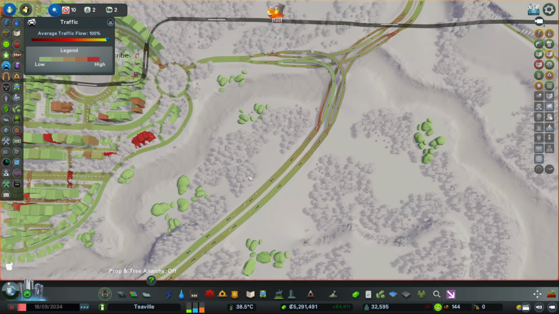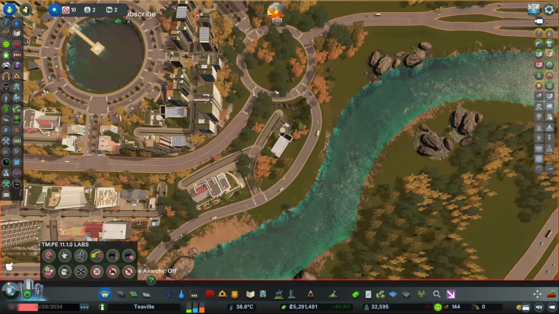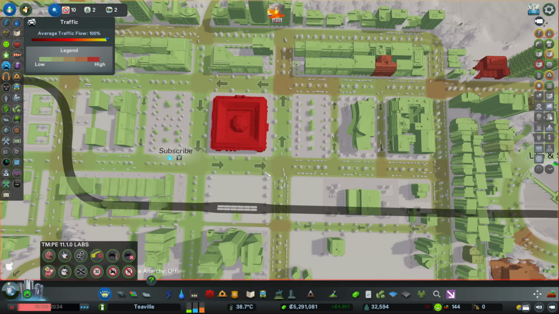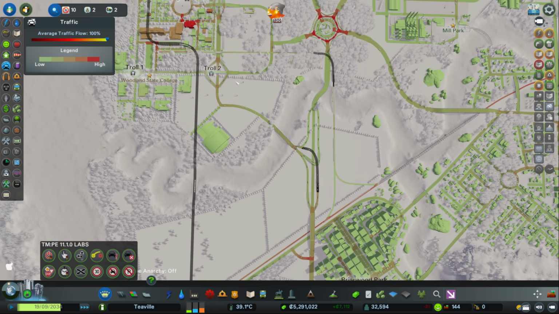Whoa. I don't believe it. Average traffic flow, 100%. No despawning on. I haven't cleared the traffic. Look, you can see there's cars everywhere. There's cars moving around anyway. Look, is that a trick of my eyeballs, or is that actually...